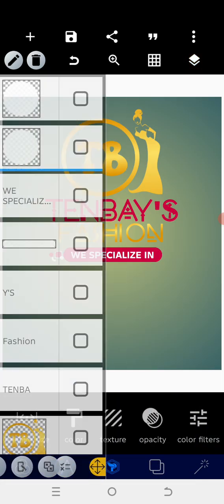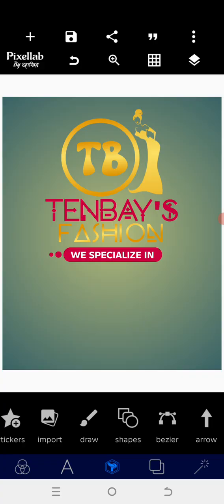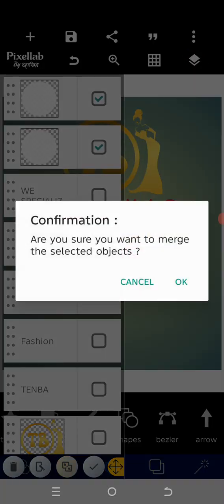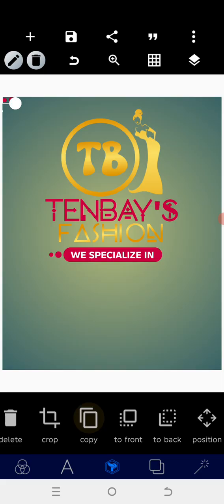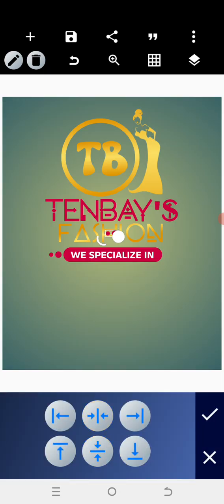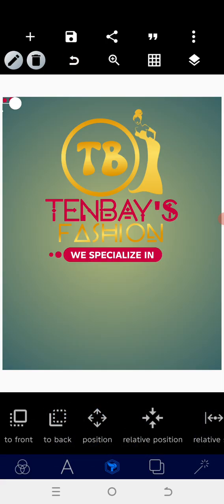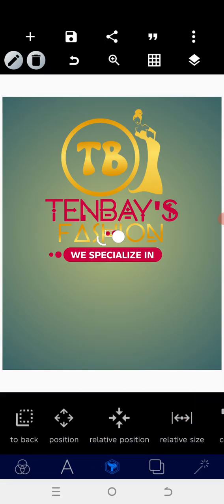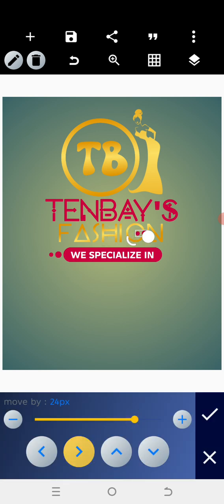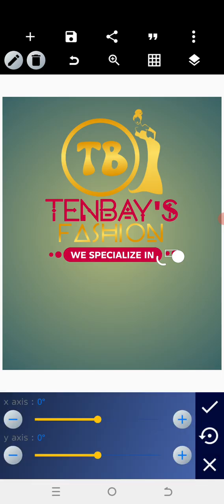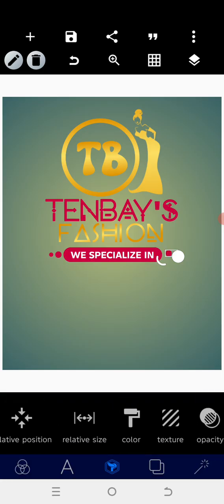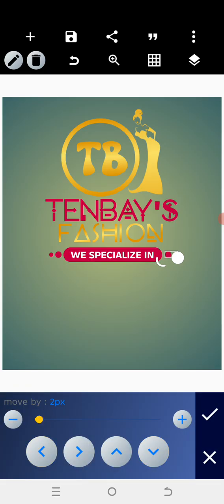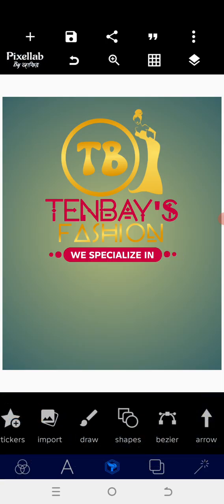Now merge the two together. Look at it properly before merging. So we'll merge the two together, copy it, then I place it. Sorry. So we're going to place it at the right side, then we'll rotate it. Okay, perfect. So now that we have this, then the next thing